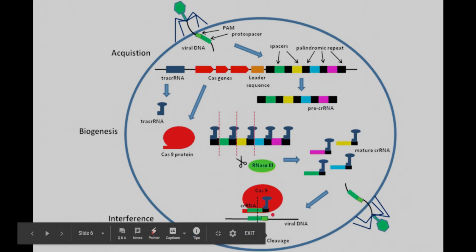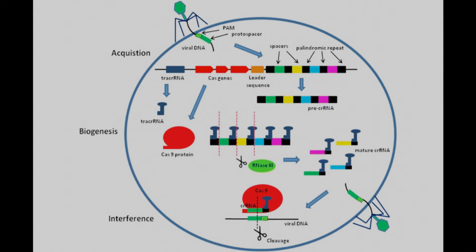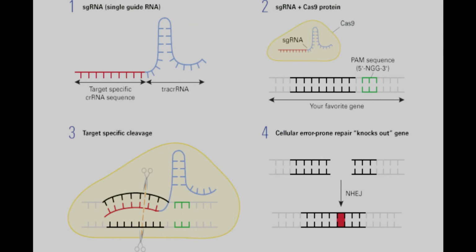And what happens is it finds a PAM sequence, and then once it sees that, it compares the original CRISPR RNA against the DNA. And if it finds a match, then it makes a double cut and it breaks down the DNA. This is great. And the second part about why it's so good is, first of all,